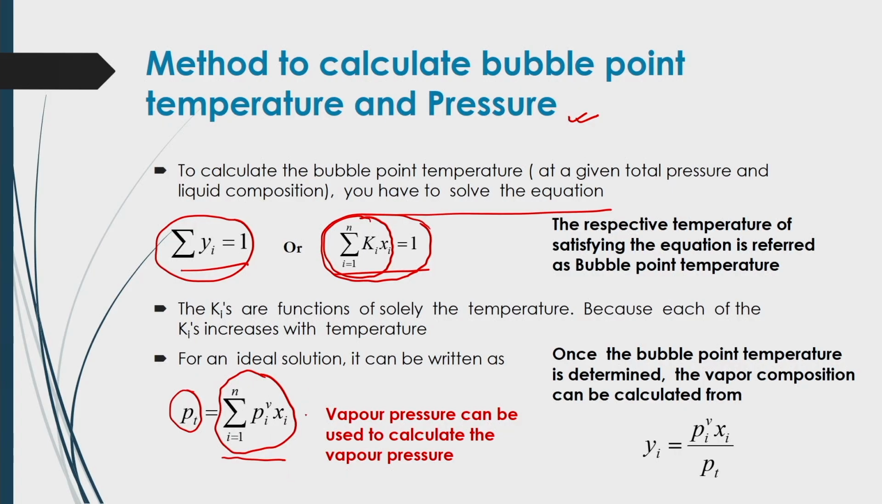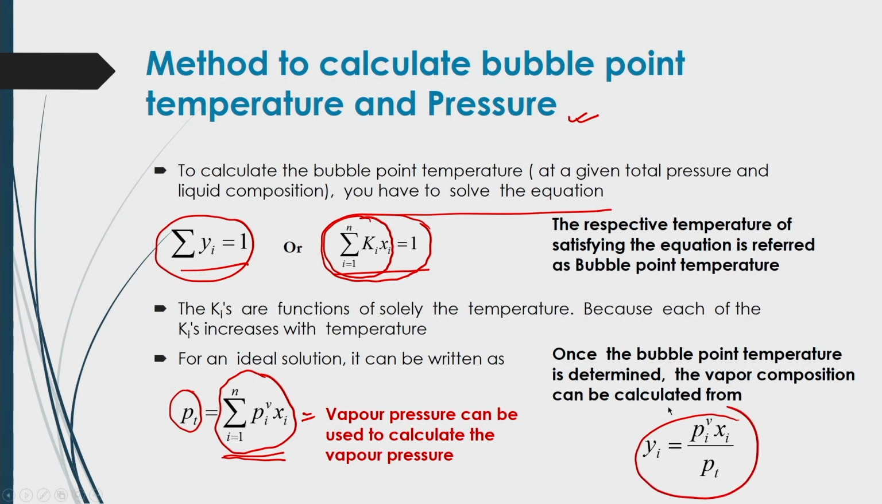So, if you find that the total pressure is equal to the summation of vapor pressure times mole fraction, then you can say that the temperature at that particular condition is called the bubble point temperature. Once that bubble point temperature is determined, the vapor composition can be calculated from the relationship y_i